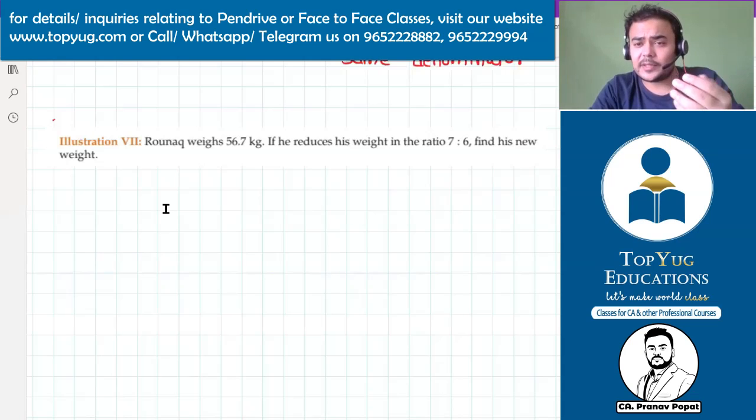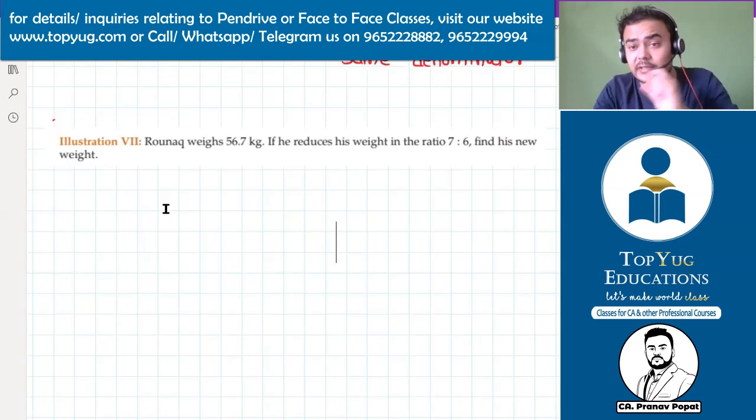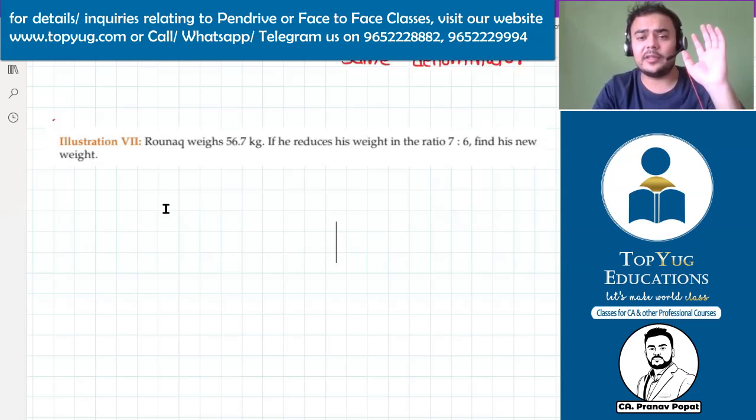Illustrations in some chapters are very easy, so maybe we will not cover those in class. But there are some chapters where we will discuss each illustration one by one, like permutation, combination, sequence and series, probability. In those chapters where the illustrations are very important, I will cover each and every one of them along with the exercise. But in the easy chapters also, we'll have a brief look at the illustrations. Where there is any important illustration, I will cover it in the classes.